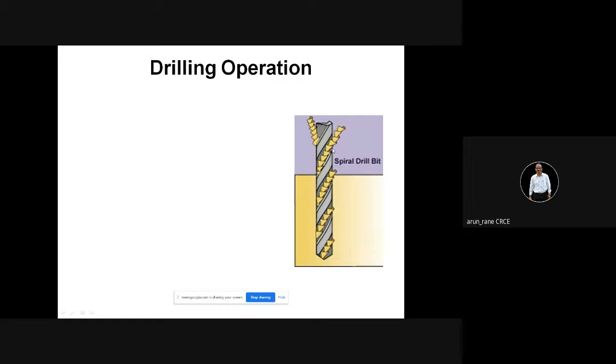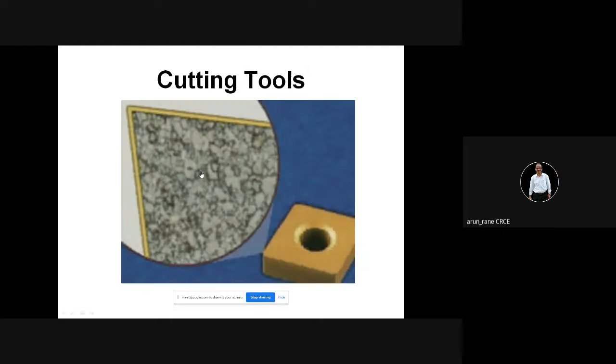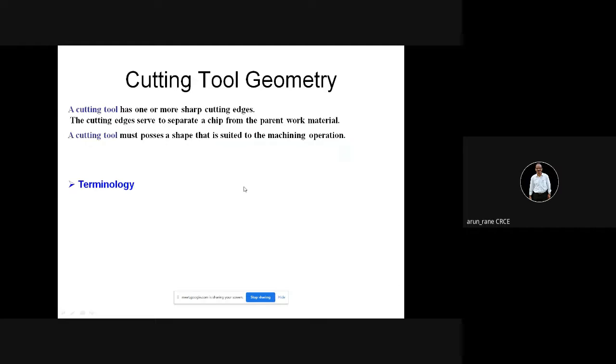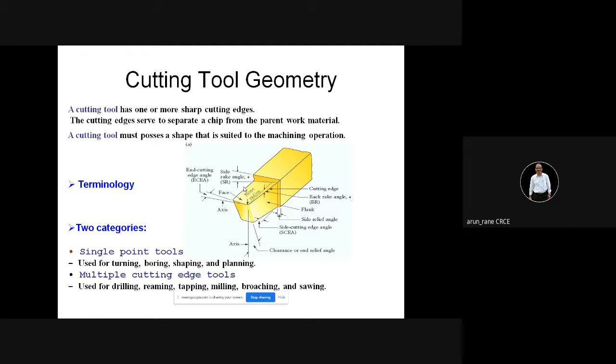In that case, you have to do pecking like a woodpecker. That's why it is called the peck drilling operation, in which the drill is moved up and down, up and down. This is a microstructure. This is a coated tool, so this is a coating of carbide. Usually it is 5 microns. 1 micron is nothing but 0.001 millimeter.